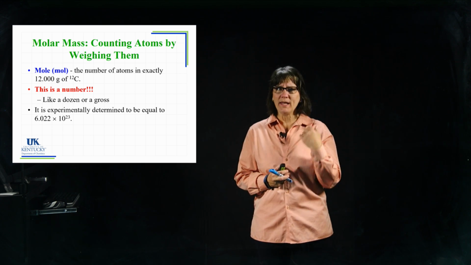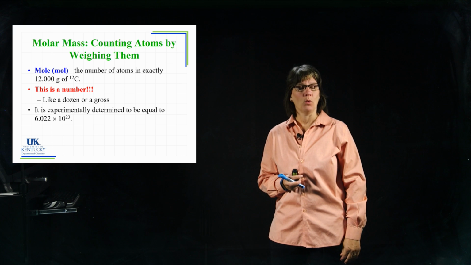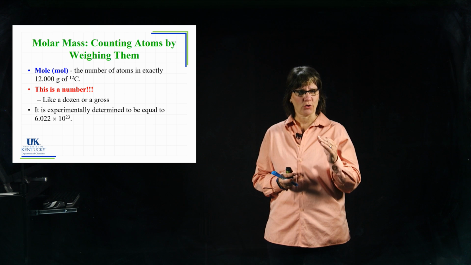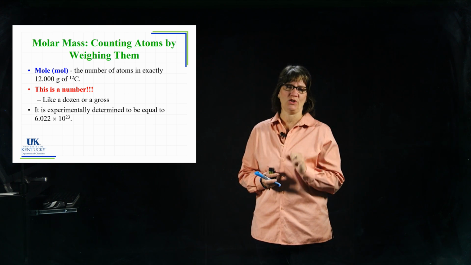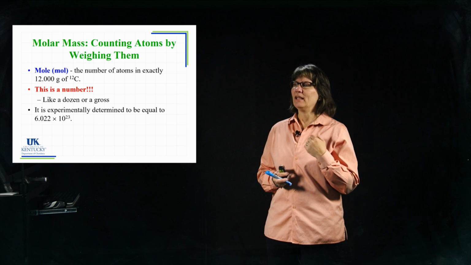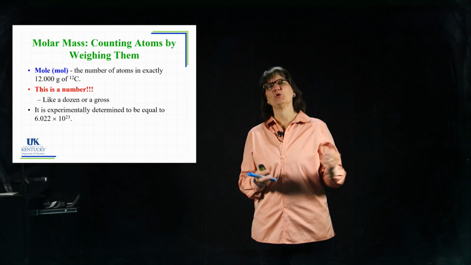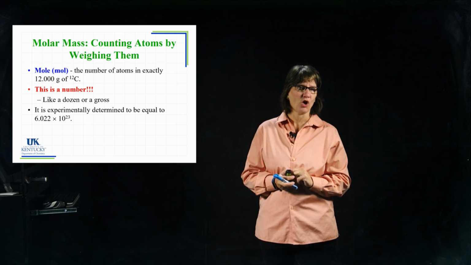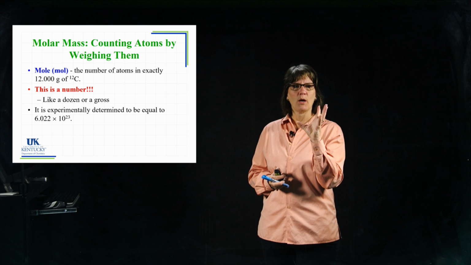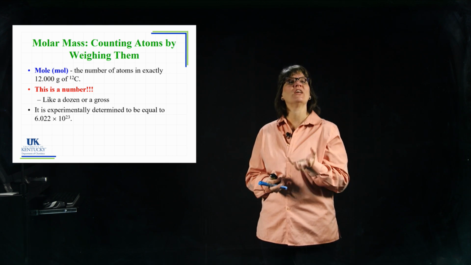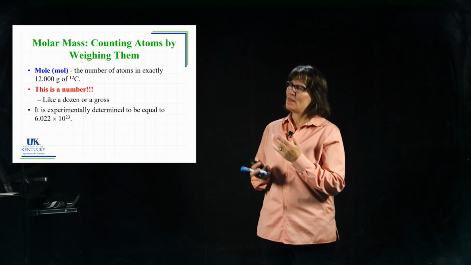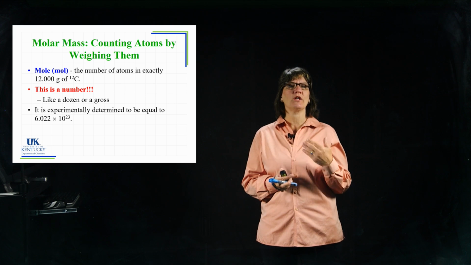So they went and experimentally determined what this value was, and that's the value, 6.022 times 10 to the 23rd. A huge number. That number is kind of a pain to say, 6.022 times 10 to the 23rd. That is how many atoms are in 12 grams of carbon-12. And they said, okay, we're going to take that value and assign it the word mole. This is a mole. Just like 12 is a dozen,